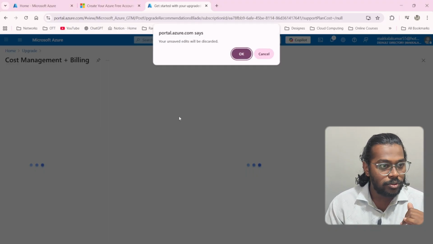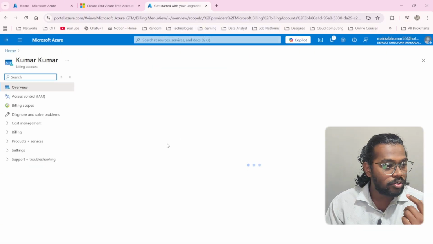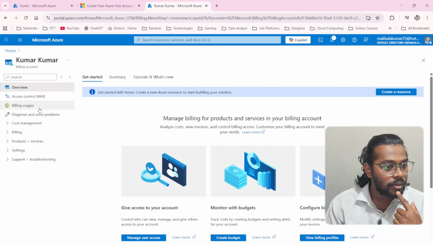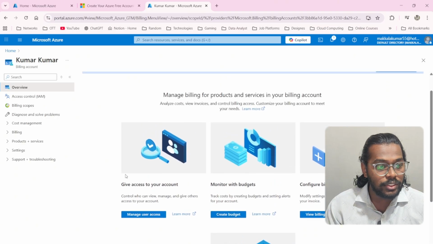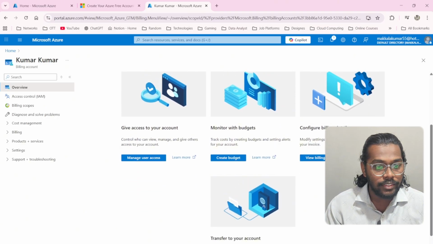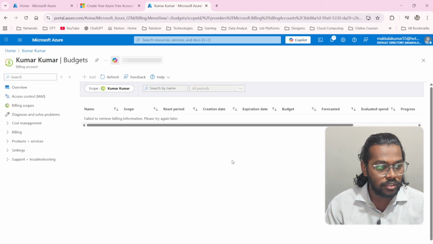Let's go to cost management. Your unsaved edits will be discarded. Okay, I'm not sure what even I did. So we are coming to cost management. So first what you have to do is create a resource, and for our easiest access they already provided some of the pop-ups over here. As you can see, configure billing details, monitor with budgets, give access to your account. So let's go to create a budget. Let's add a budget,